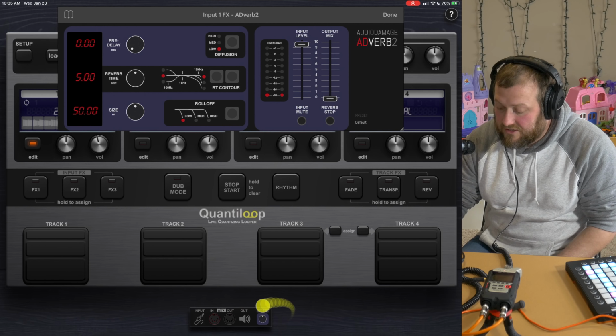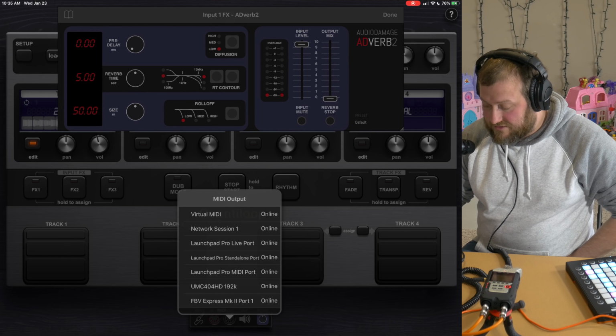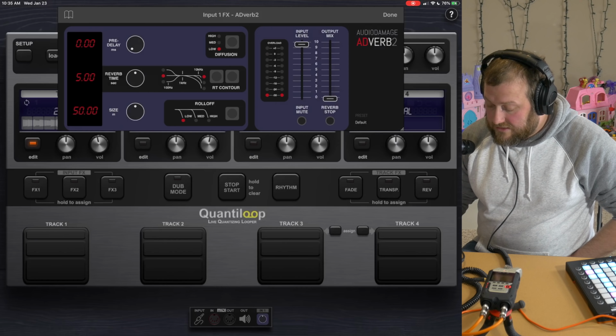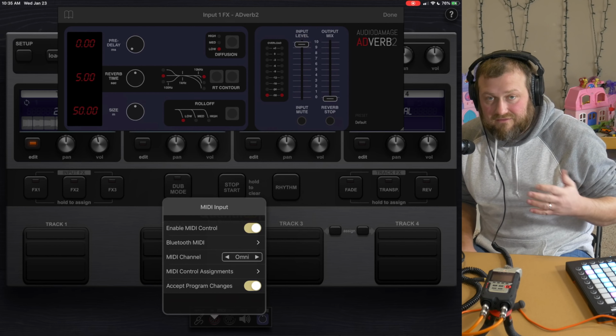And you can do that. So it can also do MIDI out. So if you want to send clock, if you have some external hardware and your interface and everything supports it, you can send the MIDI clock out to things, which is pretty cool. If you're into the hardware thing, I don't have any hardware, so